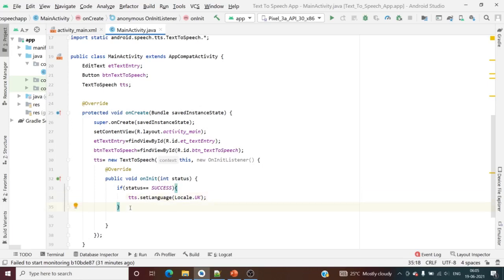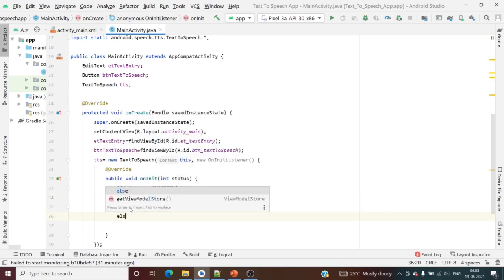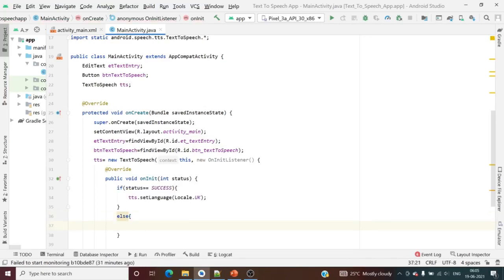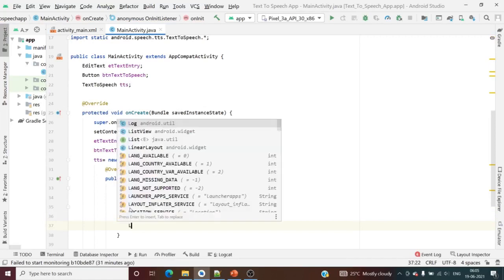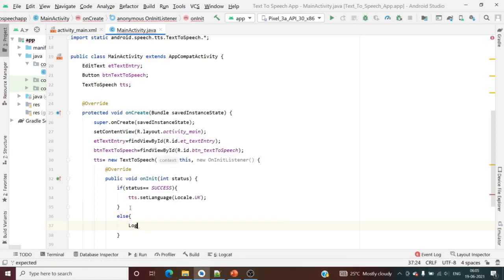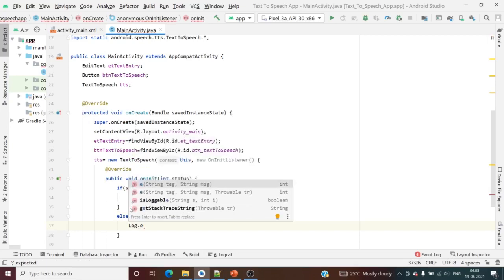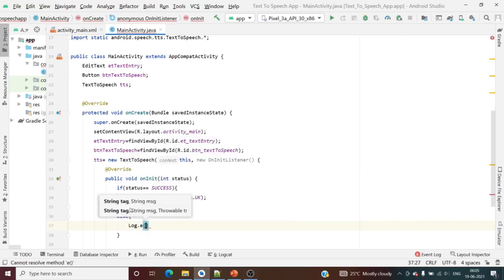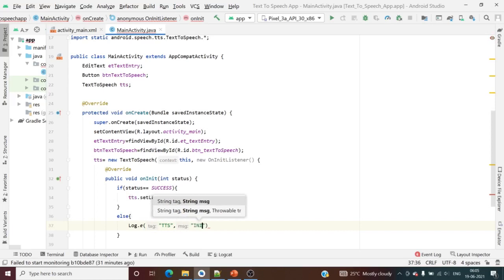If initialization fails, then else, I will declare it as an error on the logcat. Set a message as initialization failed.